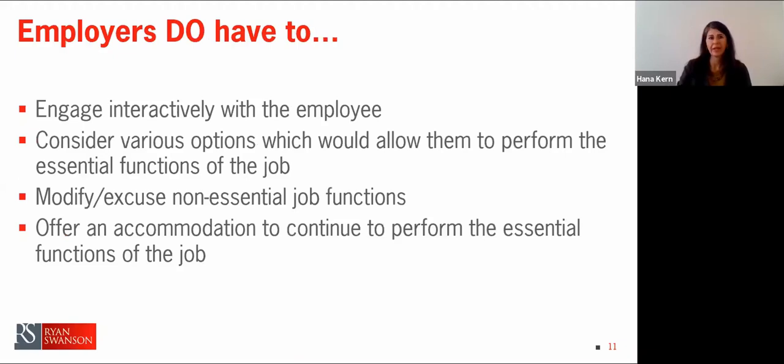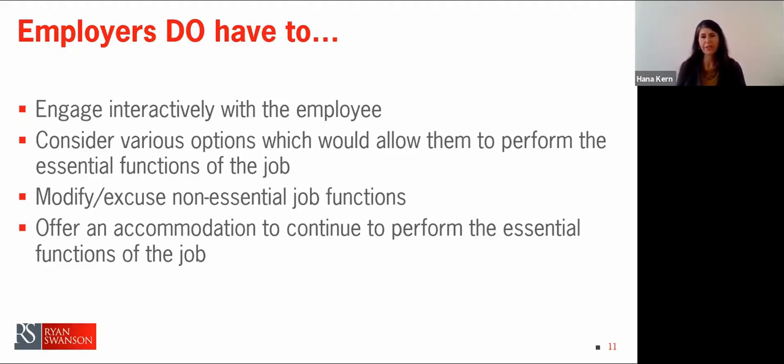Let's take a look at what you do have to do. As I've mentioned, you do have to engage interactively with the employee. You do have to consider various options which would allow them to perform those essential job functions. You might have to modify and you might have to excuse non-essential job functions. And of course, then hopefully you can offer an accommodation so that they can continue to perform those essential functions